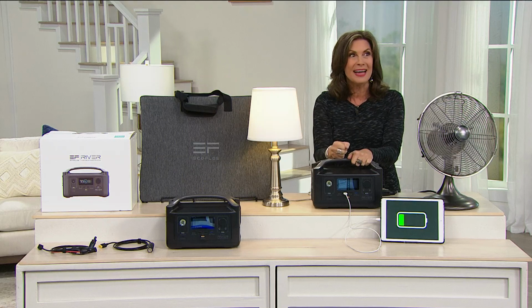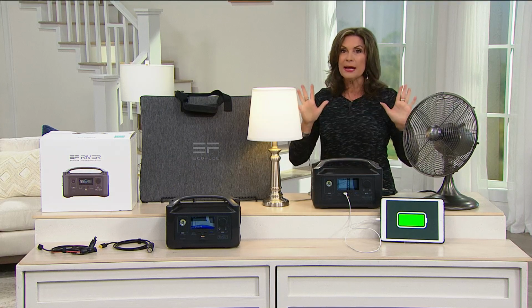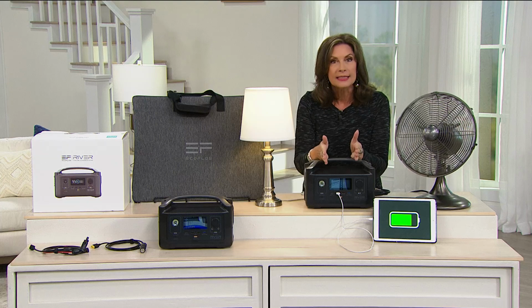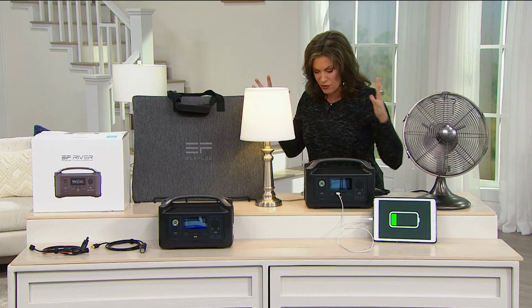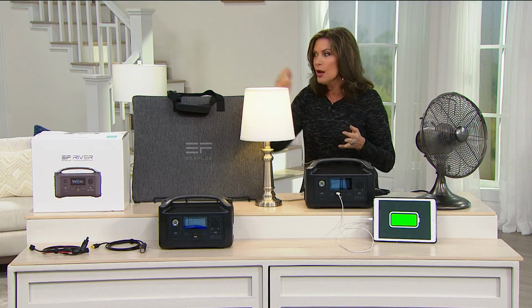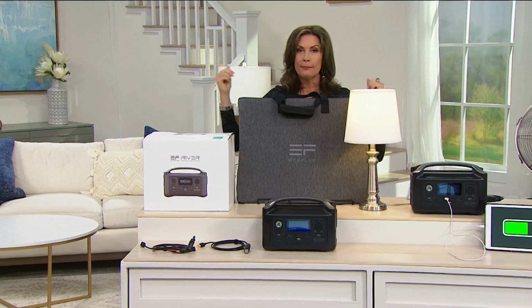I'm getting one for my dad. He's got one of those horrible gas generators because we live in Florida, and maybe not ice storms and winter storms, it's hurricanes and stuff like that. He's gonna get rid of that great big thing and just use this. It is safer, it is smarter, and this is truly, if you can swing it today, please get the solar